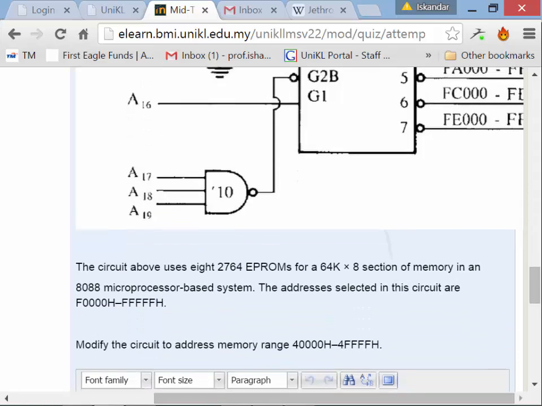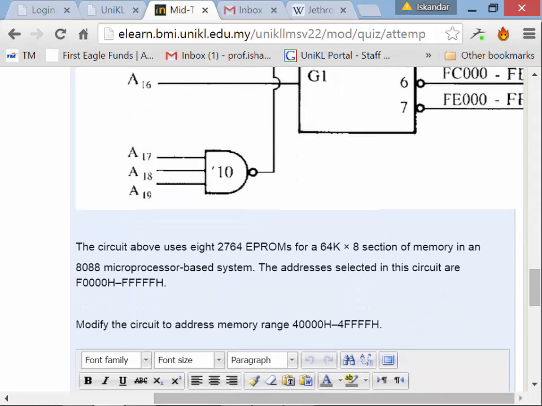The address selected in this chip is F0000 through FFFFF. In other words, I'm telling you what this chip is selected for. So I'm looking at A19 through A16, the top 4 bits of the address. Now I'm saying I want you to modify this circuit to where instead of starting in F, we want to start at 4, right? So we want to go from 40000 to